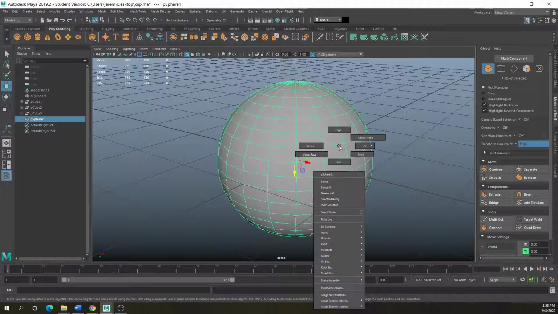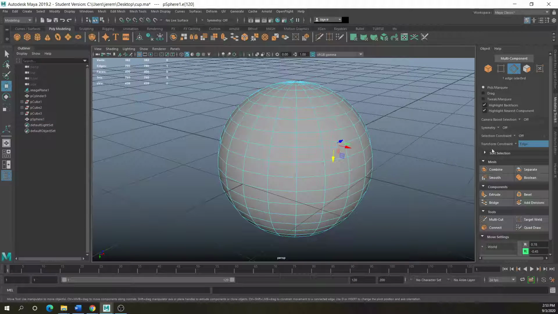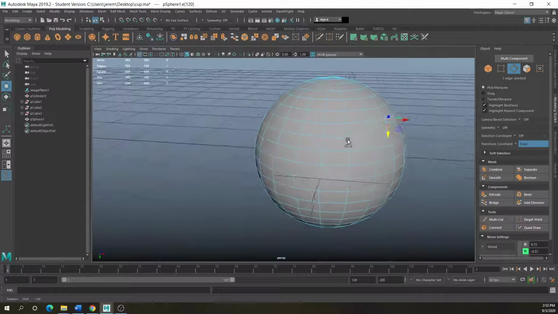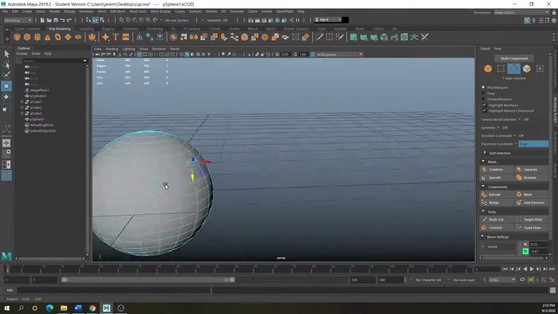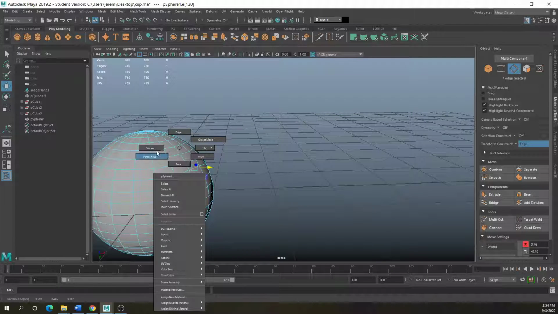So say I want to move this edge up a little bit, and I have the edge slide off. Well, if you just keep moving up, now you're moving basically the edge off the actual object itself. If you have edge slide on, then you can basically keep the actual edge, the actual division on the actual geometry itself. Because if you notice, you try to pull it off, it won't go off the object. Like it's not going anywhere. I'm not able to do anything. I'm only able to actually slide the edge on the object itself. And this works the same way with vertex too.